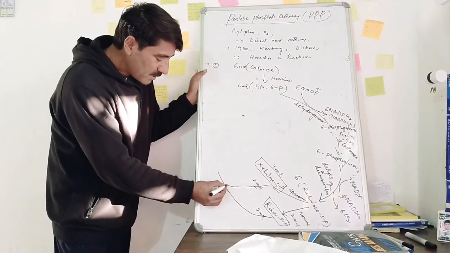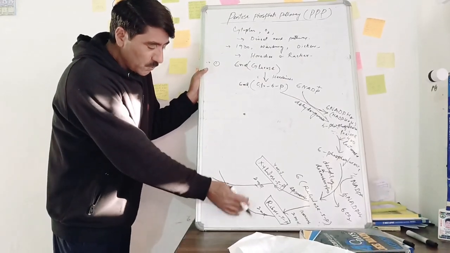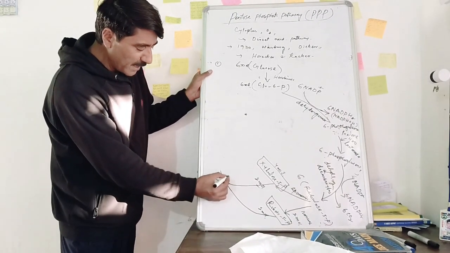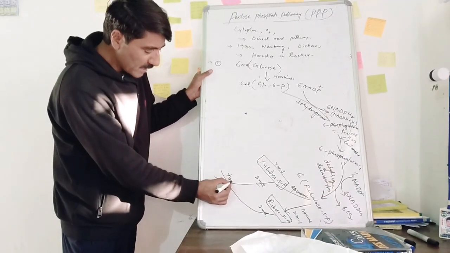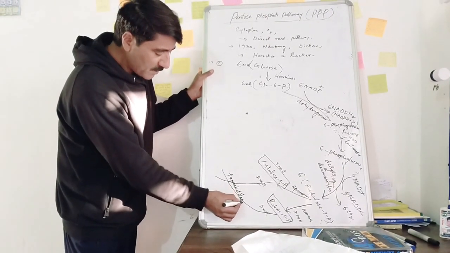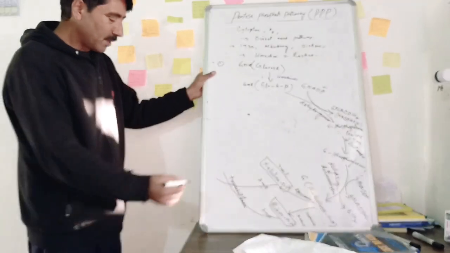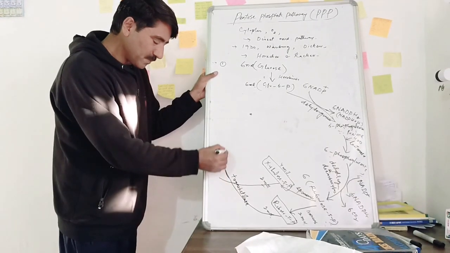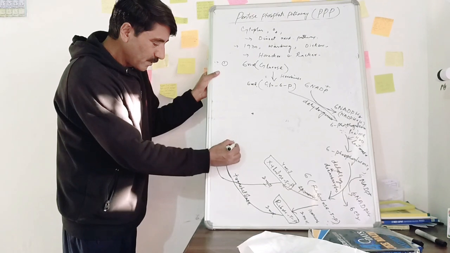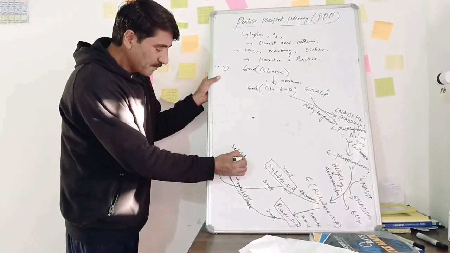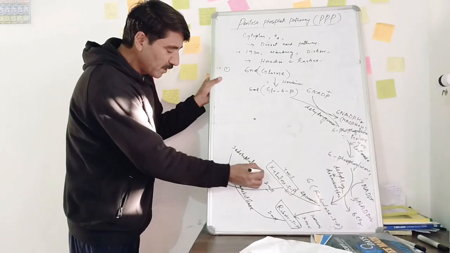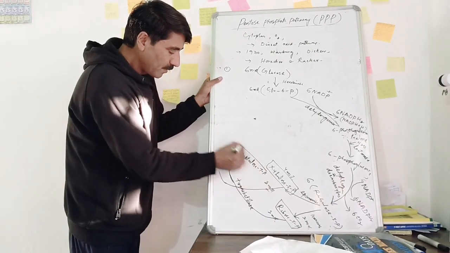Now, these 2 molecules and these 2 molecules combine in presence of an enzyme. The enzyme is known as transketolase. In presence of this enzyme transketolase, they combine to produce 2 molecules of pseudoheptulose 7-phosphate, which is a 7 carbon sugar,